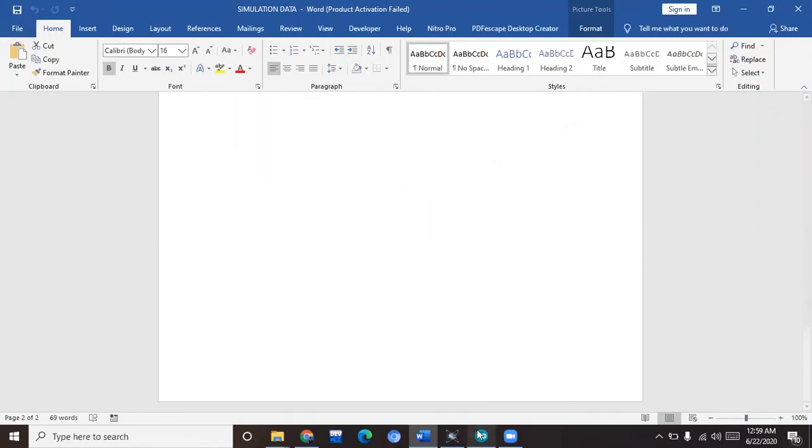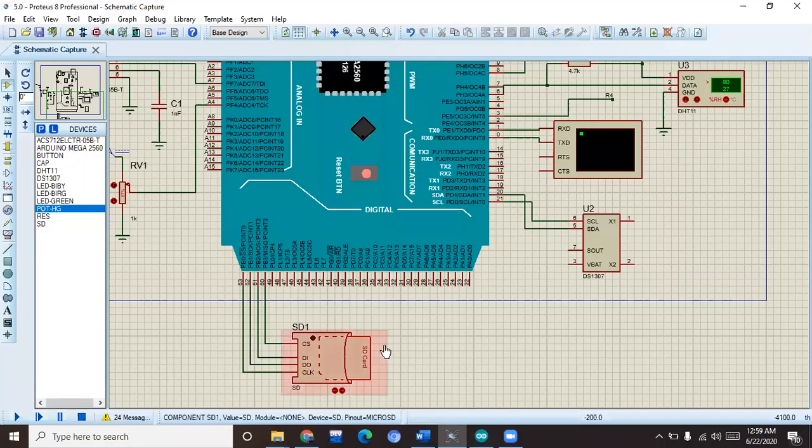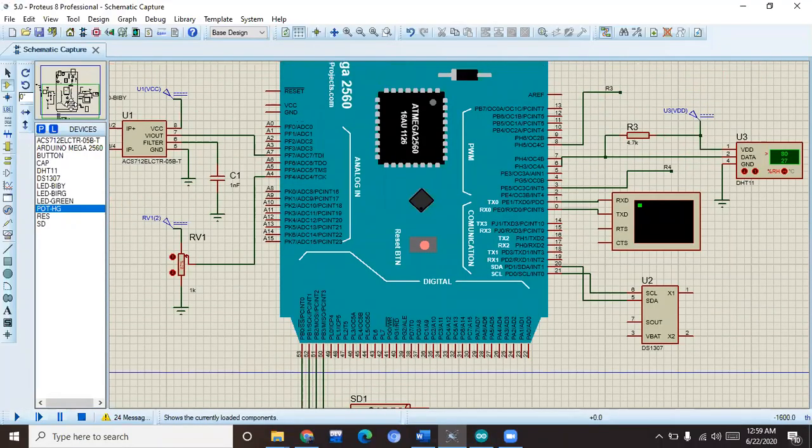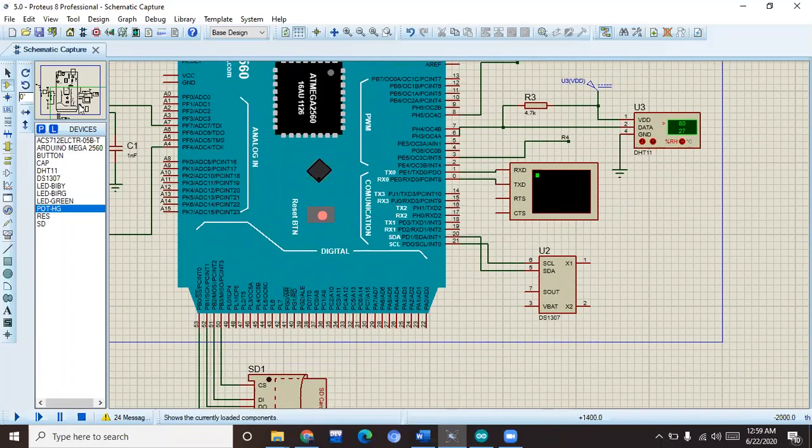Okay, so I guess that's all of it. One thing I forgot to mention is that this clock uses pins 20 and 21, which are SDA and SCL. These are called the I2C address. SDA stands for serial data line, and SCL stands for serial clock line.